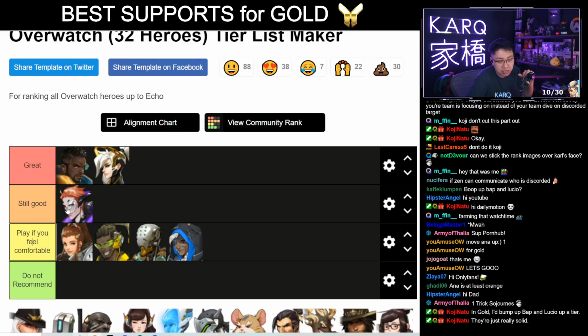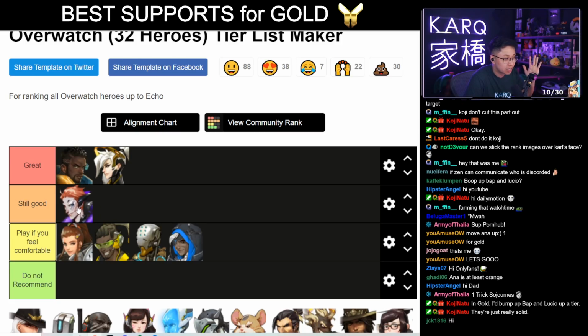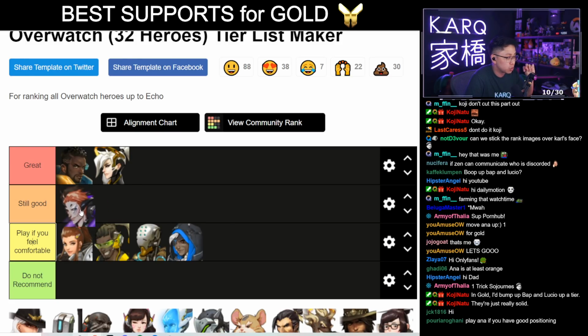Winston Diva. Some people do run Lucio Moira on Winston Diva in pro play, but that's on very specific maps. Maybe if you're running Moira with Winston Diva attacking Gibraltar, you might not have a good time, for example. So this is where she starts becoming a bit more situational. And I think at this rank,